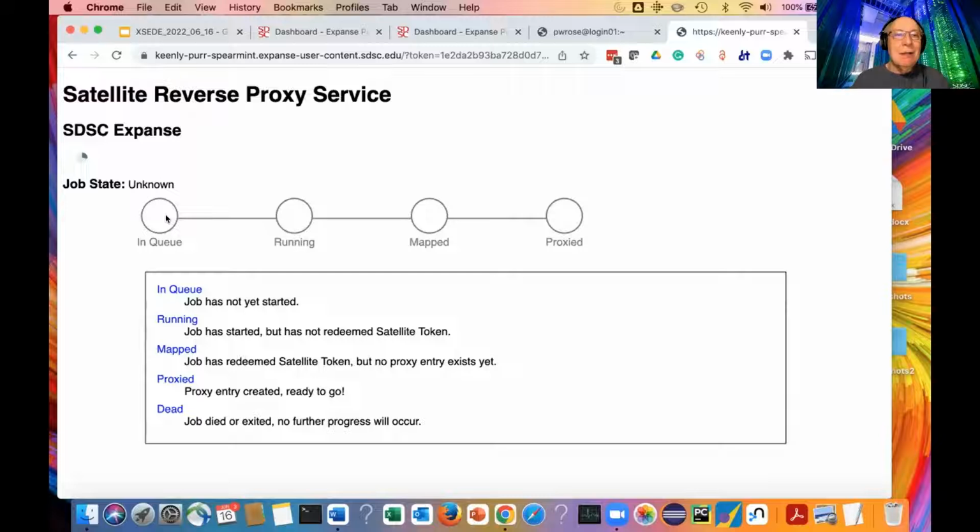Hopefully this doesn't take too long. We're just waiting for this last step where it sets up a proxy to the web browser, and hopefully it's going to happen in the next few seconds here.